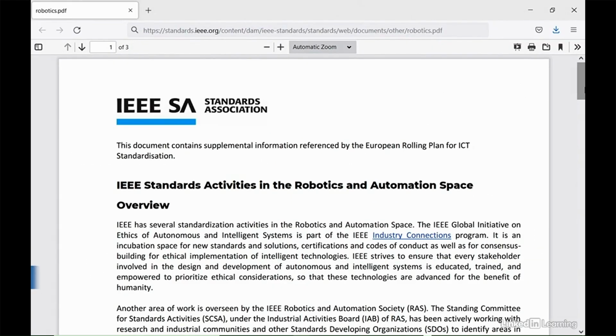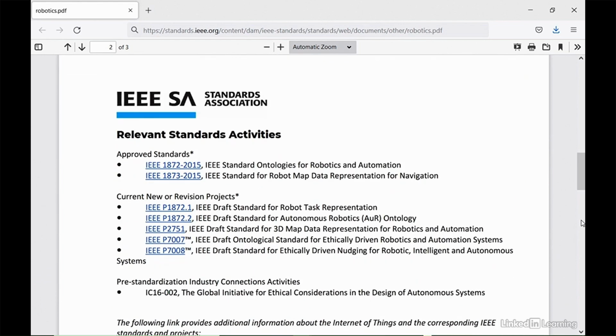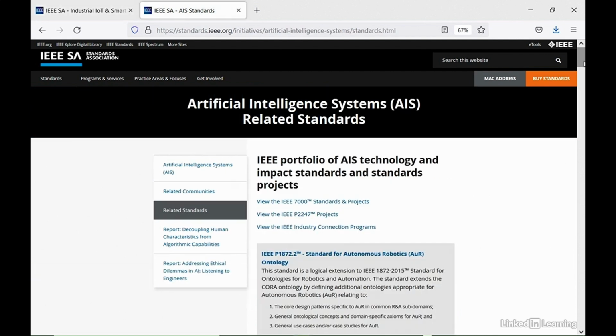Here are examples of some IEEE IoT standards used in the robotics and automation space. Here are some examples of standards used for industrial IoT and smart manufacturing. You can see here examples of